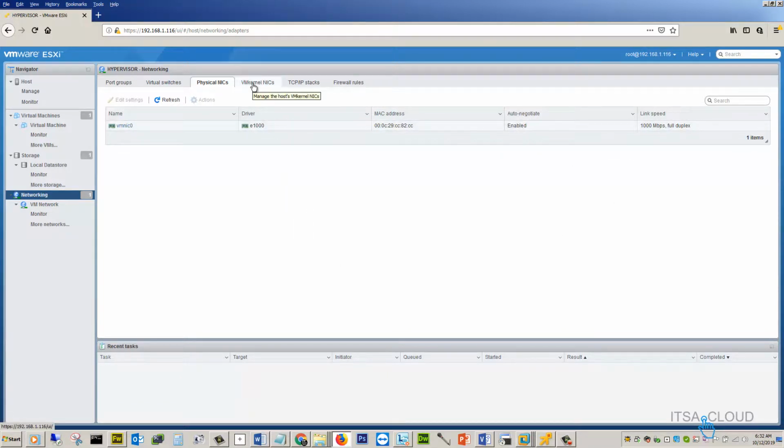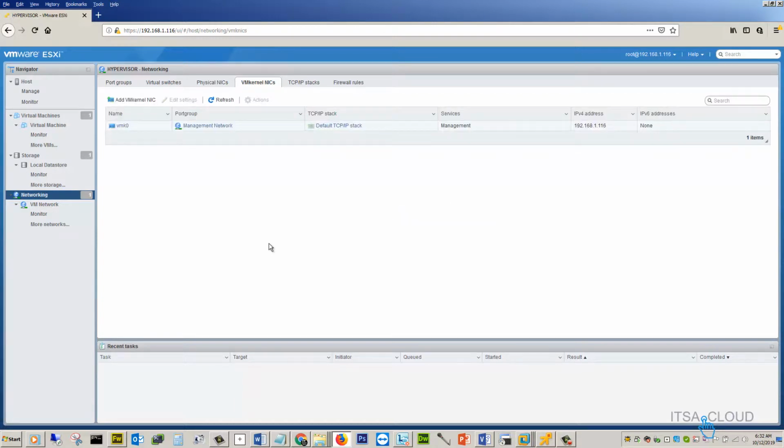We go to VM kernel. So the management network is gonna go through this VM kernel number 0. It's gonna be the default TCP/IP stack, and it is used for management. You can see the IP, and well, we don't have IPv6.